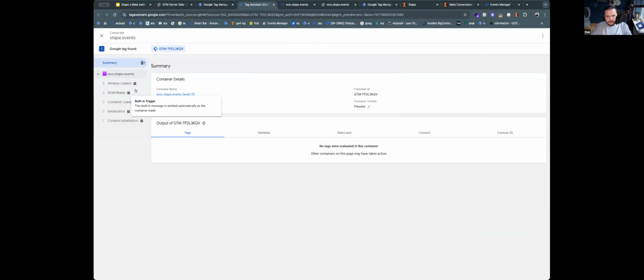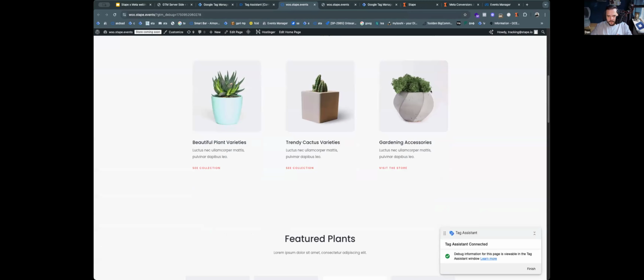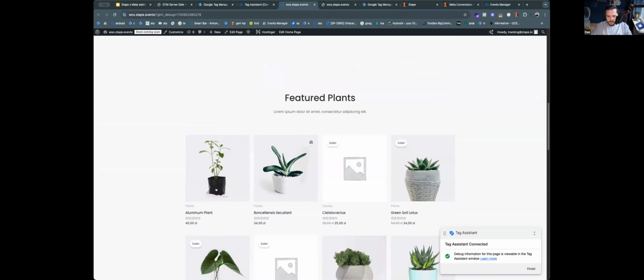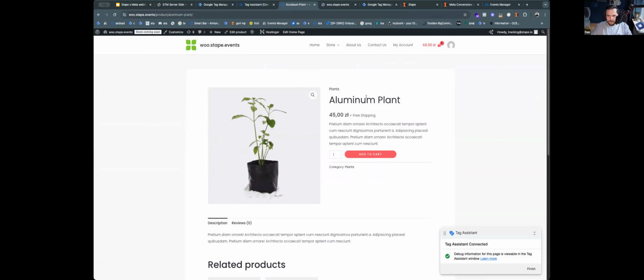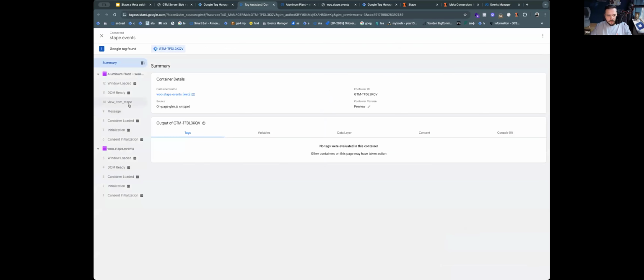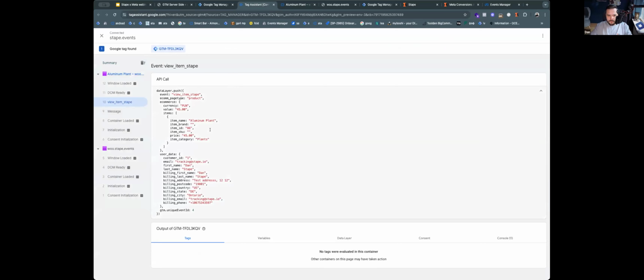And we have a connection. Beautiful. This is a home page, so there's no events firing. But if we were to go to a product page, for instance, aluminum plant at 45 PLN. I am in Warsaw, so this is a local currency. And you can see in our data layer, we have a view item push, which has all of the